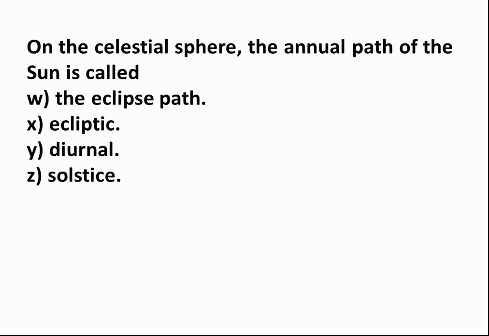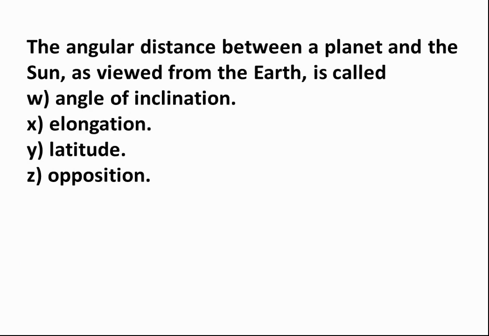On the celestial sphere, the annual path of the Sun is called W. The eclipse path. X. Ecliptic. Y. Diurnal. Z. Solstice. Answer: X. Ecliptic. The angular distance between a planet and the Sun, as viewed from the Earth, is called